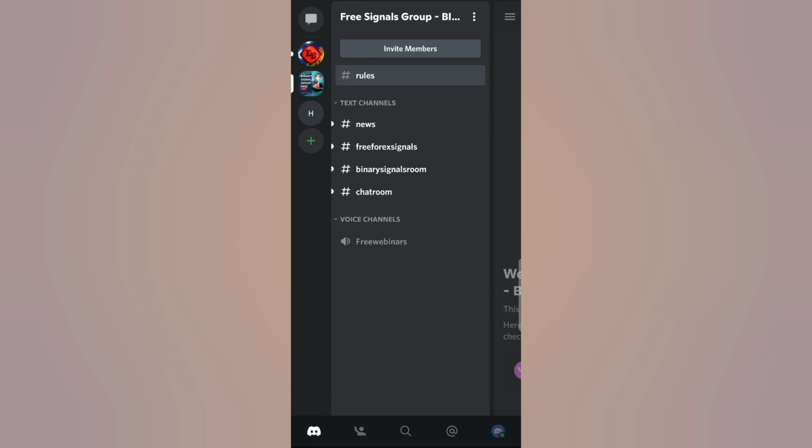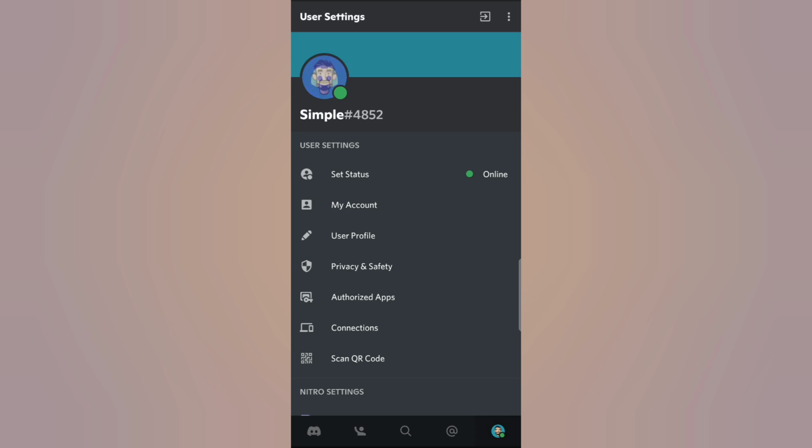Go ahead and open up Discord, and once you do that, click on the profile icon at the bottom right of the screen. And as you can see on the top right of the screen, there's the logout sign. So go ahead and click on it,